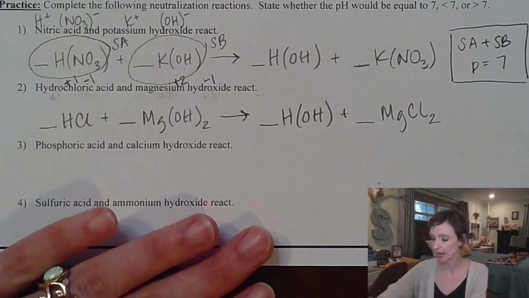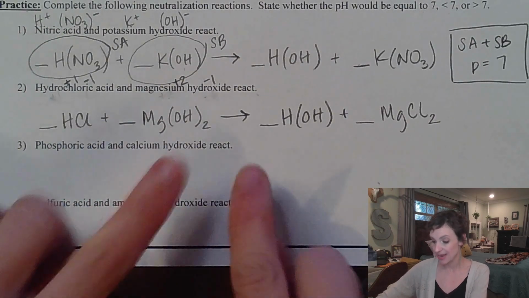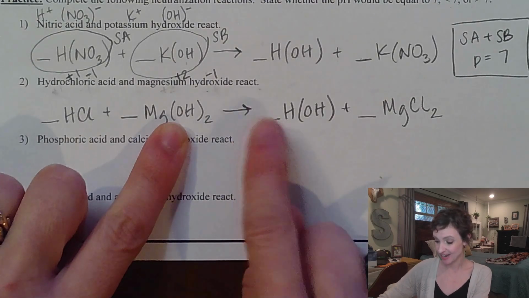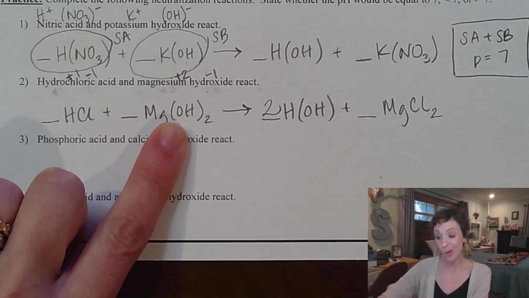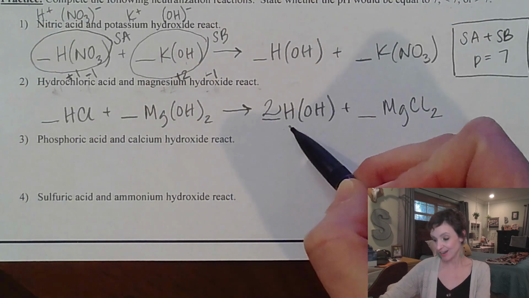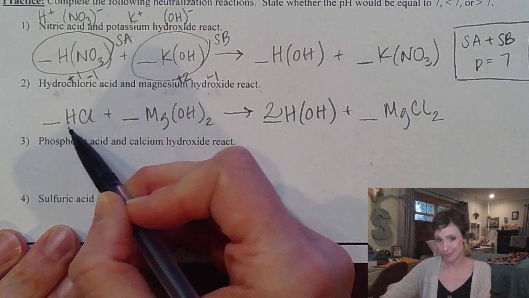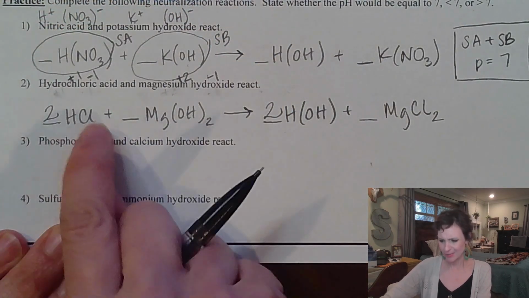I need 2 chlorides to balance out that 1 magnesium. Okay, we do have some balancing to do. I see I have 2 hydroxides on this side and only 1, so how about we put a 2 in front of my water? Well, then that affects the number of hydrogens outside of hydroxide, which means that's going to be 2, which means I have to put a 2 in front of hydrochloric acid,